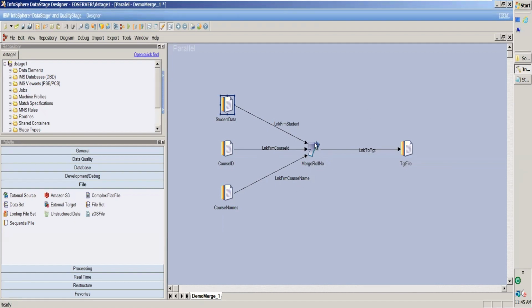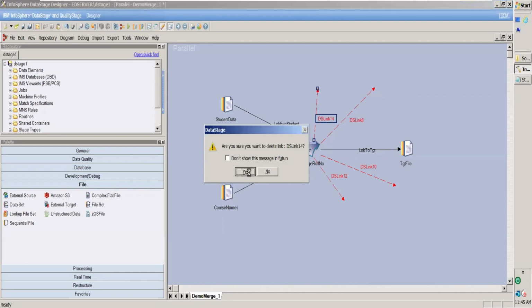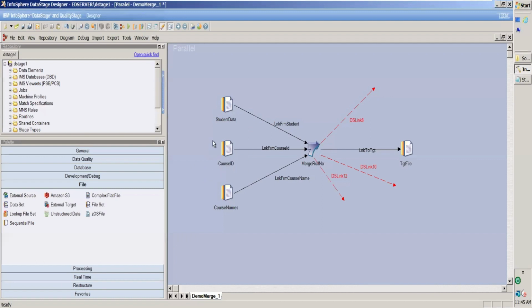So what is this reject link talking about? Merge is going to have one main output, and the rest are all rejects. What these rejects are going to do is, here I have student data, right? And here I have course ID, and here I have course name. I'm trying to join all these using student roll number. Say suppose roll numbers 1 to 9 are available over here, where 1 to 5 are available in course ID. So 4 are missing, which are there in student data and not in course ID, right? So those 4 can be